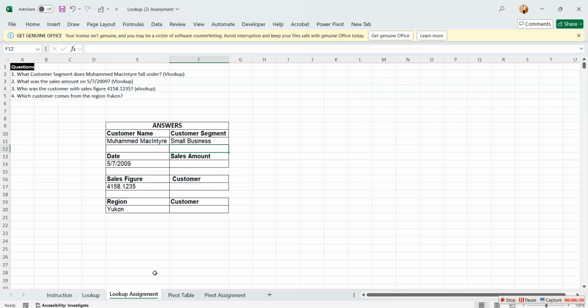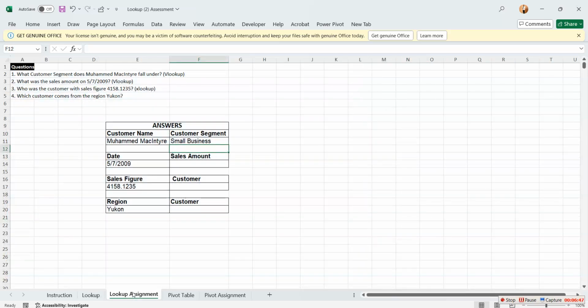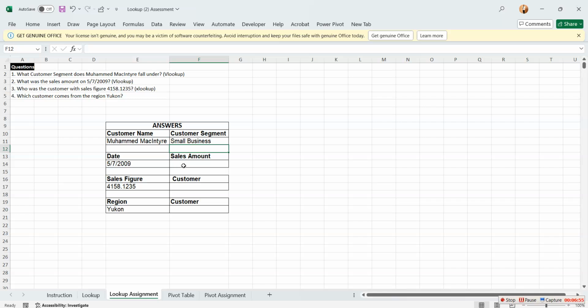Now the second one, let's take a look at the table. We are retrieving something from the left. So in this case, I'm going to use my XLOOKUP. So XLOOKUP, that's equals to XLOOKUP,